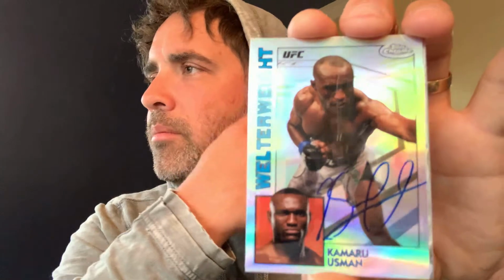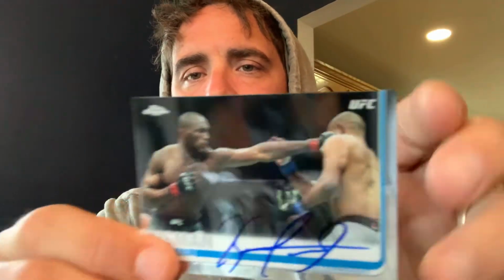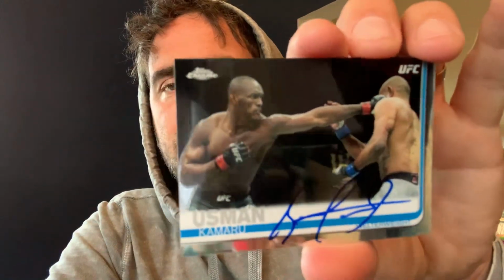Look at this. Whew, I mean, that shine, the color, the ink, and the fact that it's an 84 Topps insert. I've always loved the 84 Topps cards. The baseball ones, I'm working on the Brewers complete team set to get signed for the 84 Topps. And last but not least, his first quote-unquote chrome, which is a popular